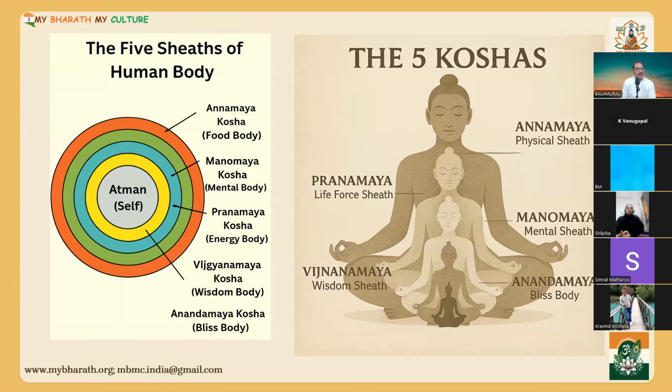Next is called Vijnanamaya Kosha. If you go deeper, Vijnanamaya. What is Vijnanamaya? Jnana means knowledge. Vijnana means special knowledge. So it can be called intellect, or exactly if you want to understand, it is called intuition. If you start gaining knowledge without going through the five senses. Remember, all the knowledge you have is gathered through the five senses: the eyes, ears, nose, feeling of touch and taste. Through these five only you have seen the world.